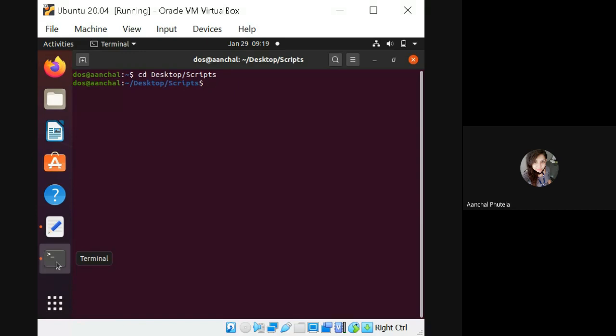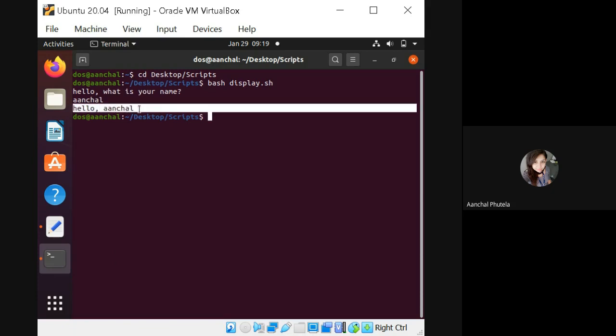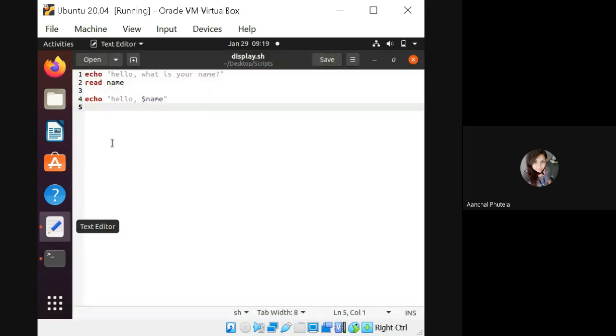For execution, I will use bash, space, the name of the file, display.sh, the file name with the .sh extension. Run that file. Hello, what is your name? As we have written in the echo command. So I am giving here the name. It shows, hello Anshul, meaning the value that I had given.